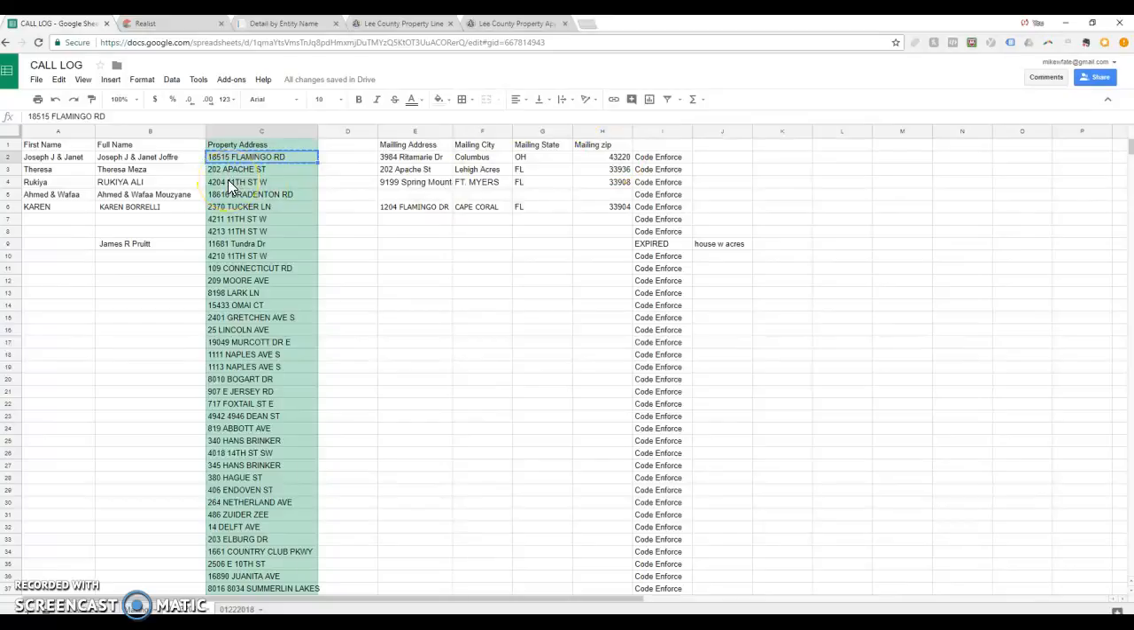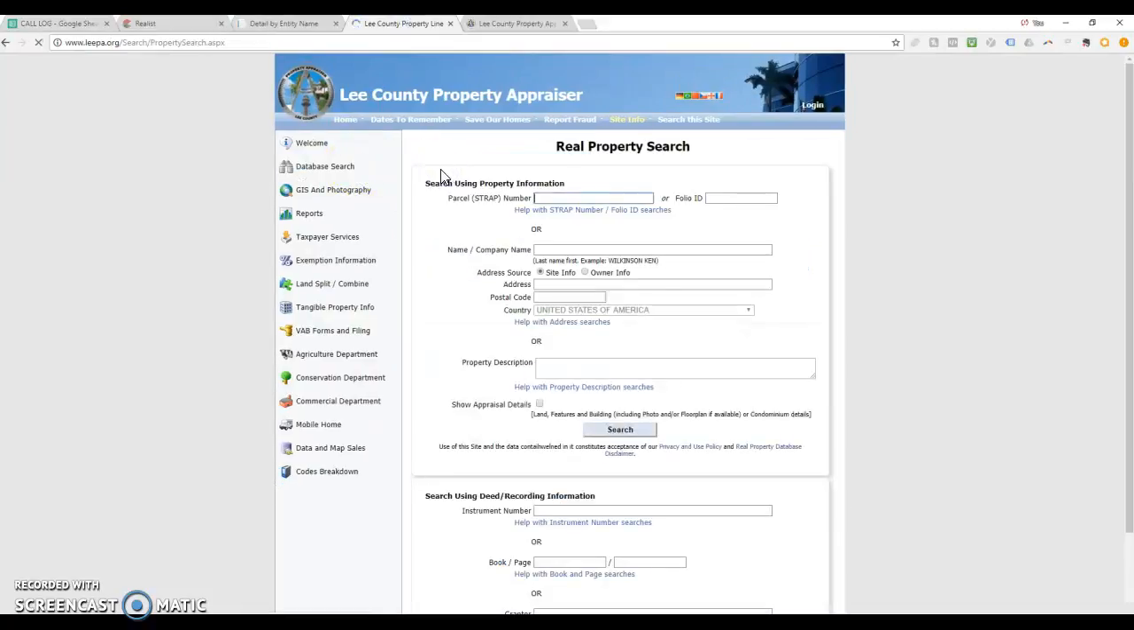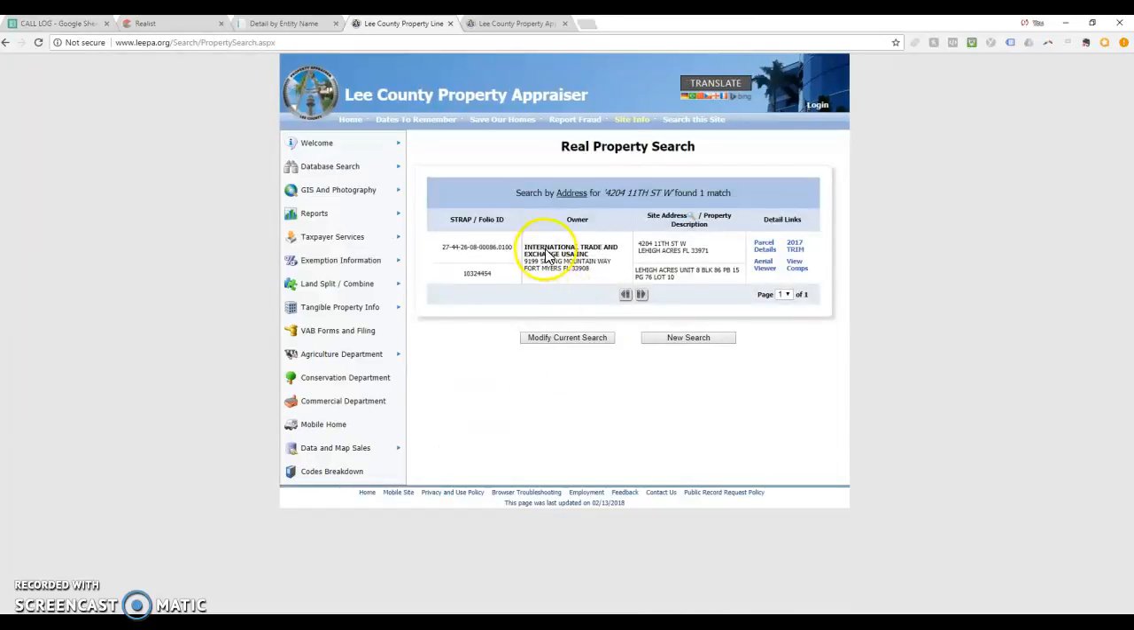As you go through, you'll find some of these may actually be a corporation. Here's an example of one. So if you take this one and you actually stick it in, you're going to see that this one actually comes up as a company. What you can do with that is you can grab that information